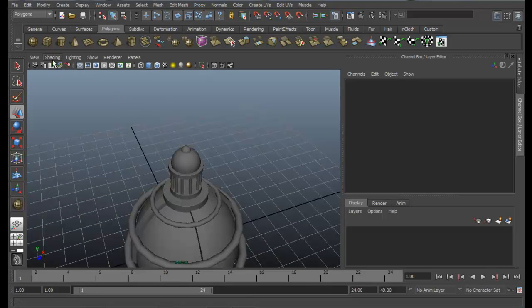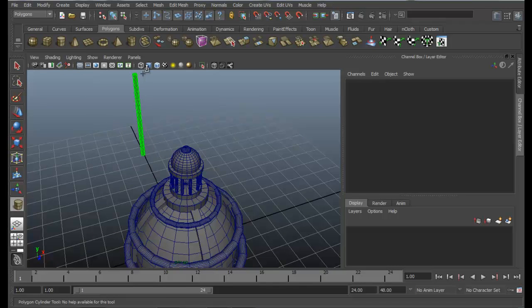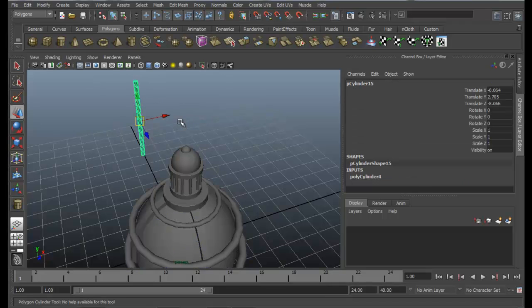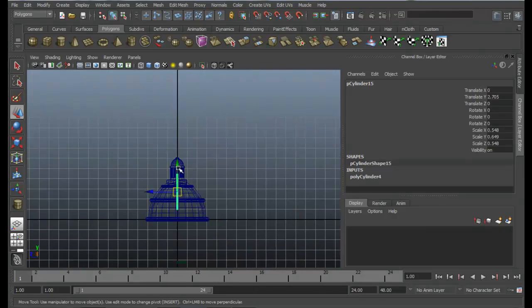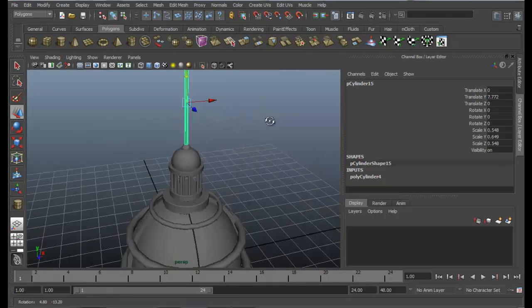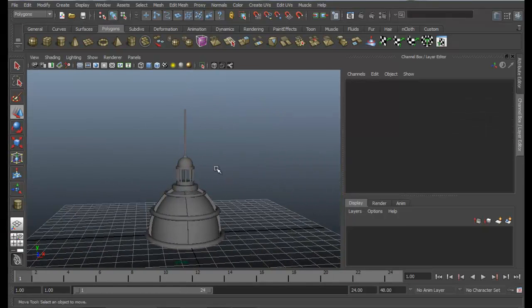Now create one more cylinder, very small in size and very long. I think that's too big, so we are going to create kind of a flag for the top part. In top view, just snap to grids and move it to the center. Remove the snap and pull it up. Okay, that's great.